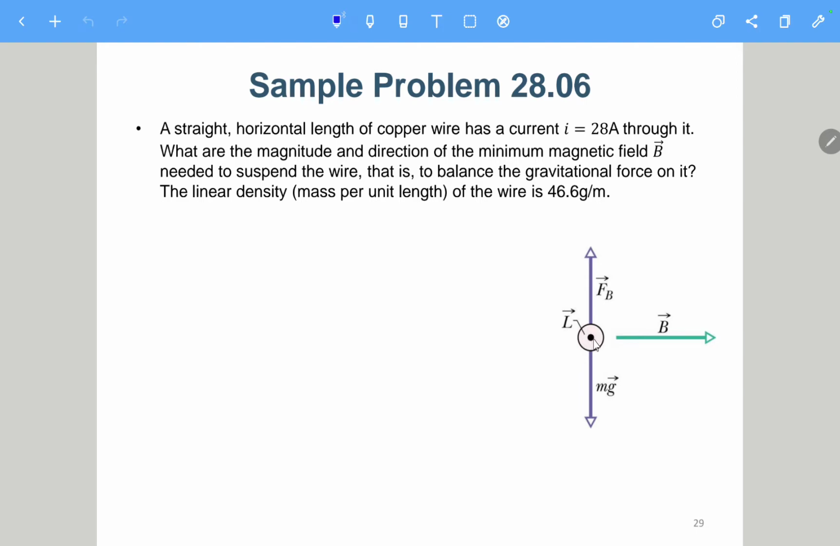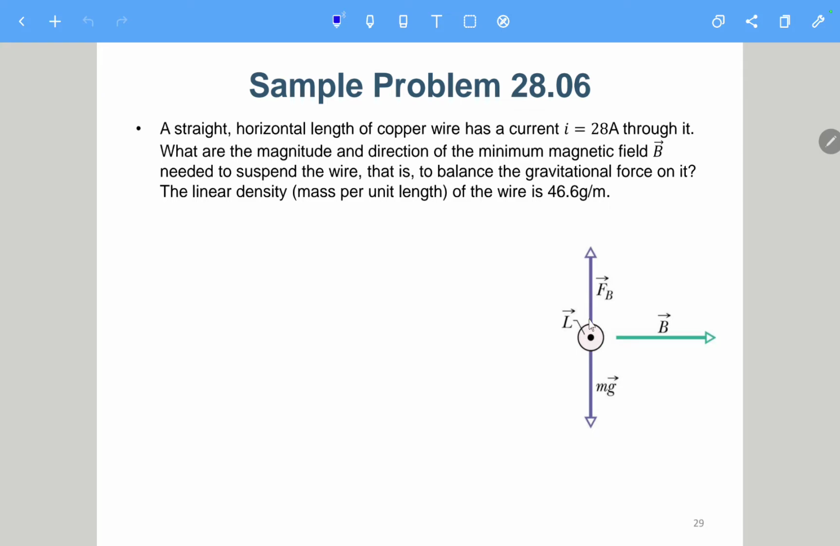The current is going out, so L is also pointing out of the page. And of course, there will be gravitational force acting on the wire, which is mg. So for high school physics, you should know this. And here we should imagine there should be a magnetic field, or the B field, so that